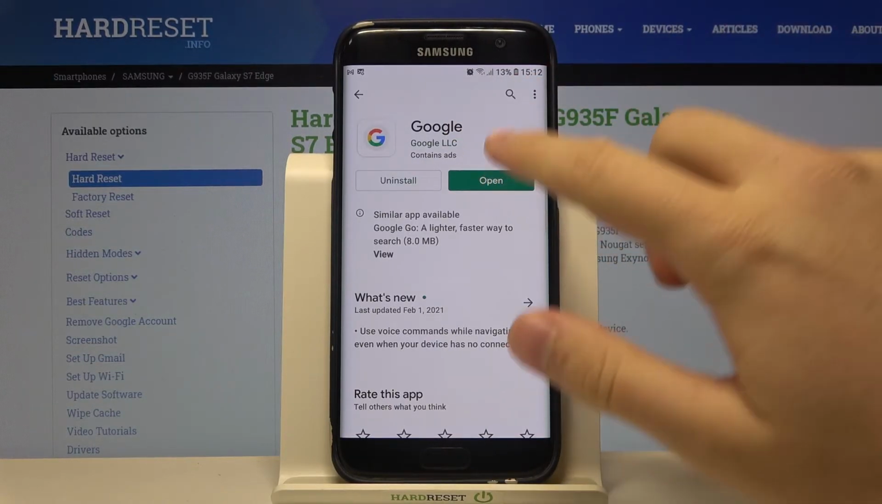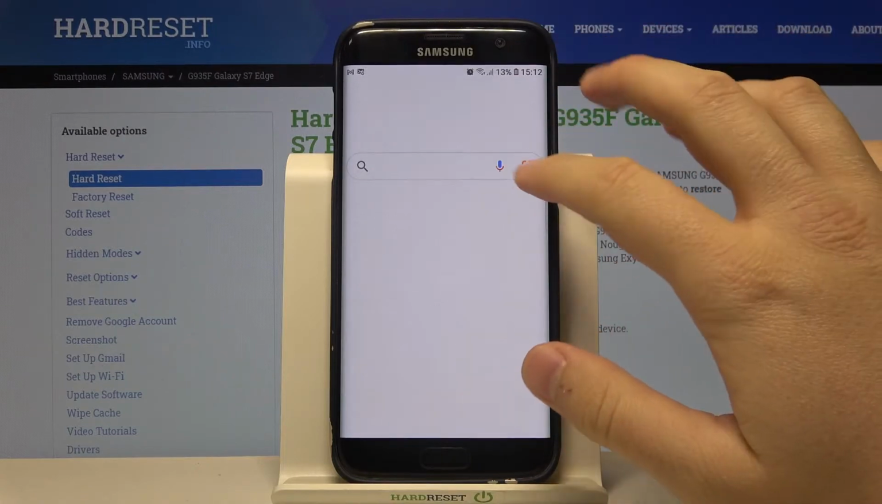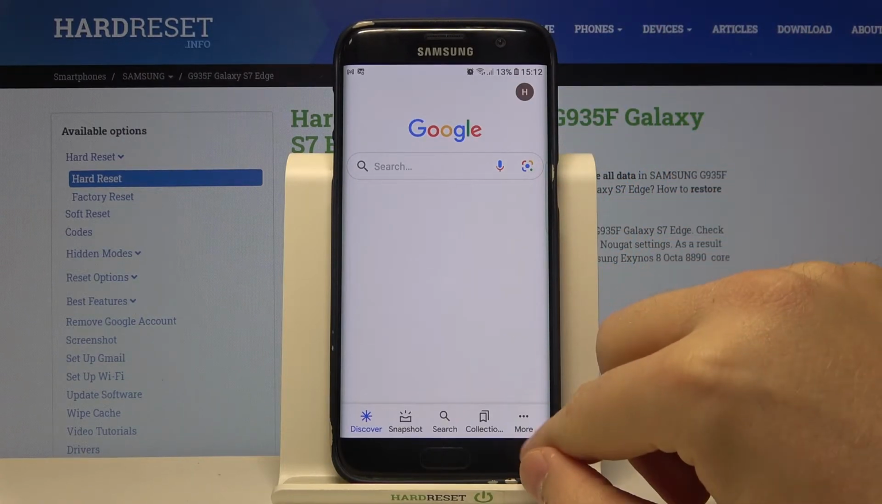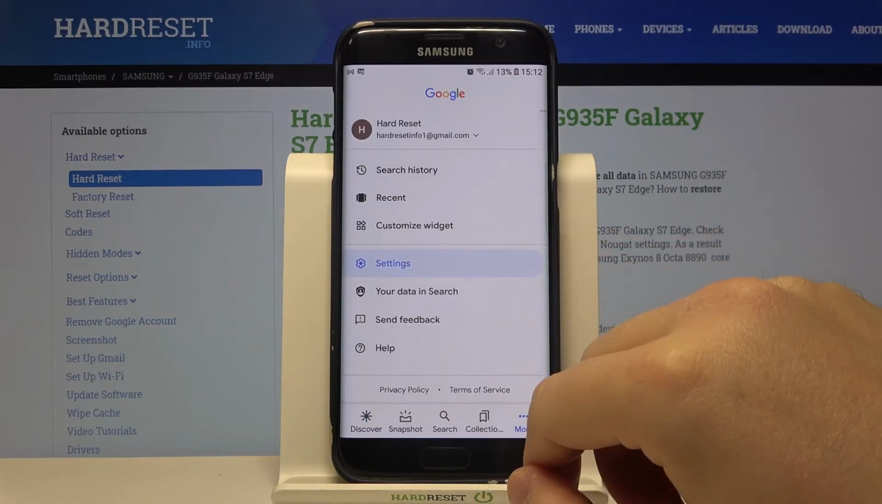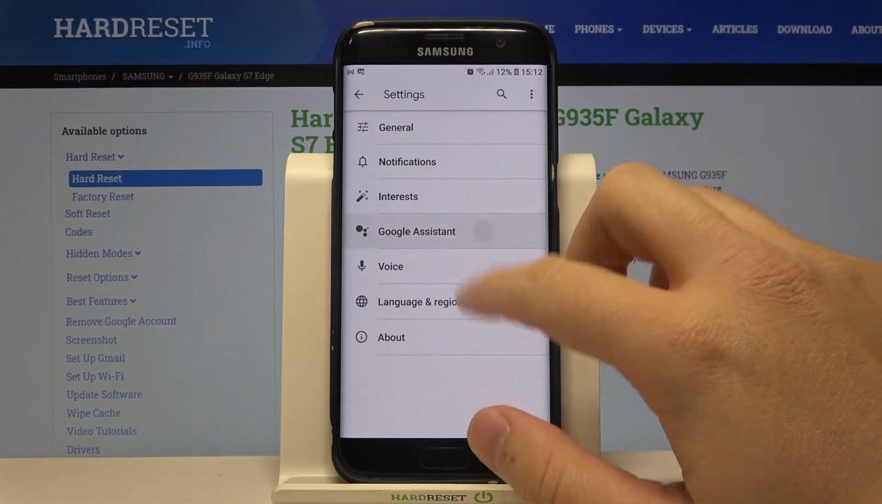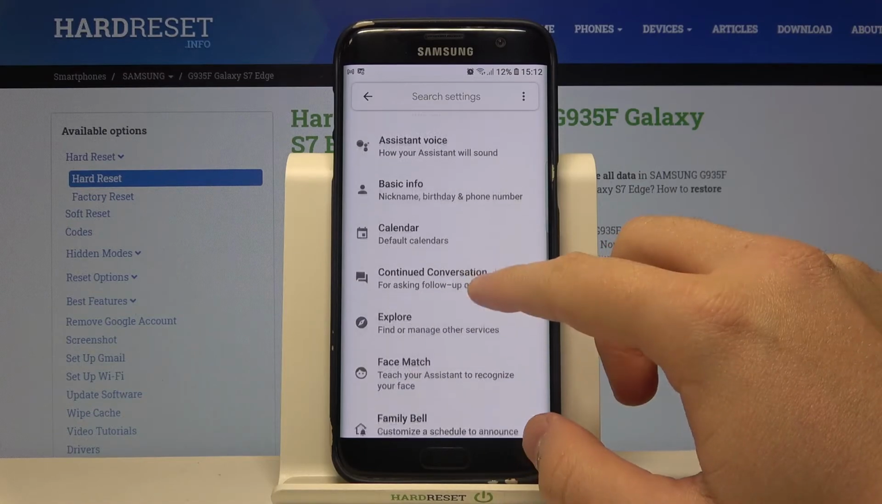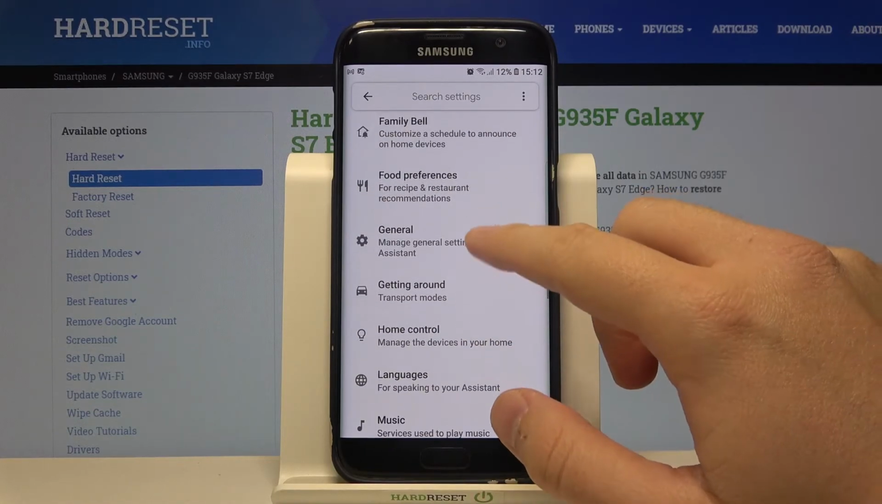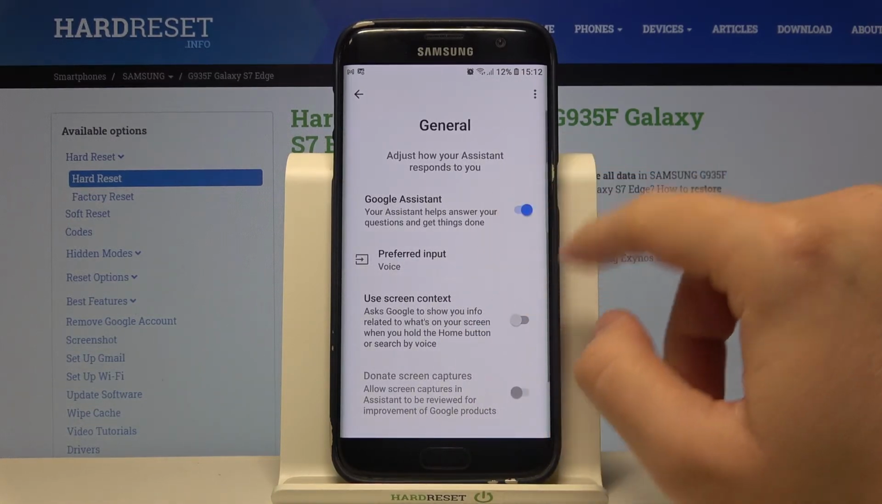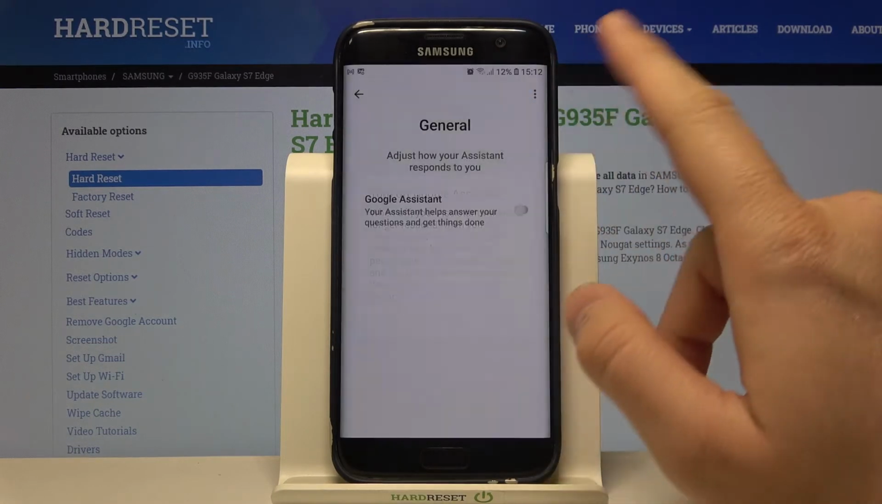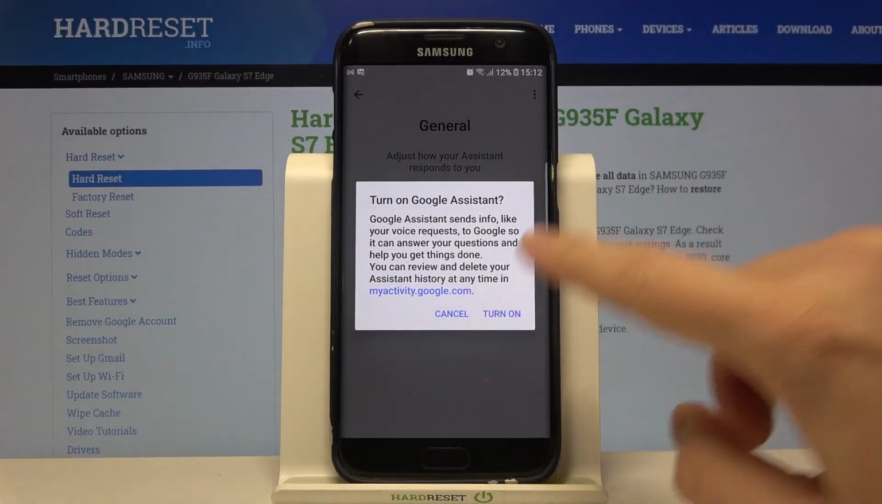Right now we can open. Next we have to move to More, then tap on Settings, click on Google Assistant, and next we have to scroll down until we find General settings. And when you are here, as you can see, we can simply turn Google Assistant off and on by